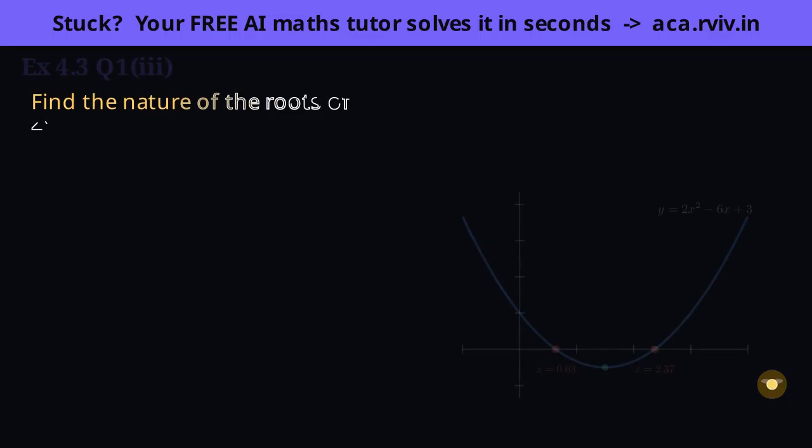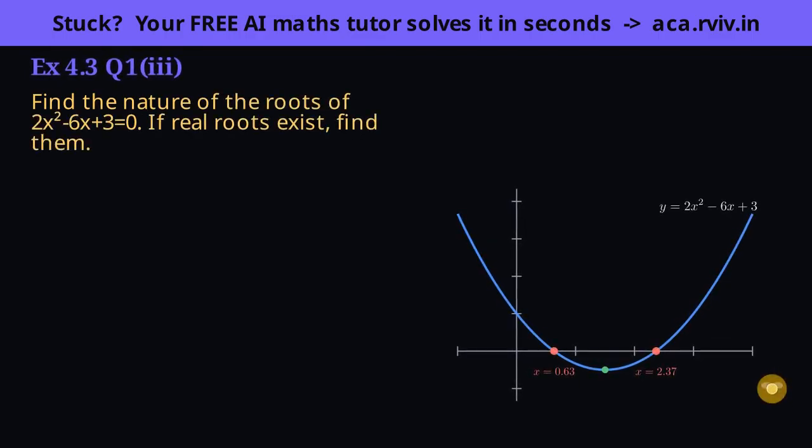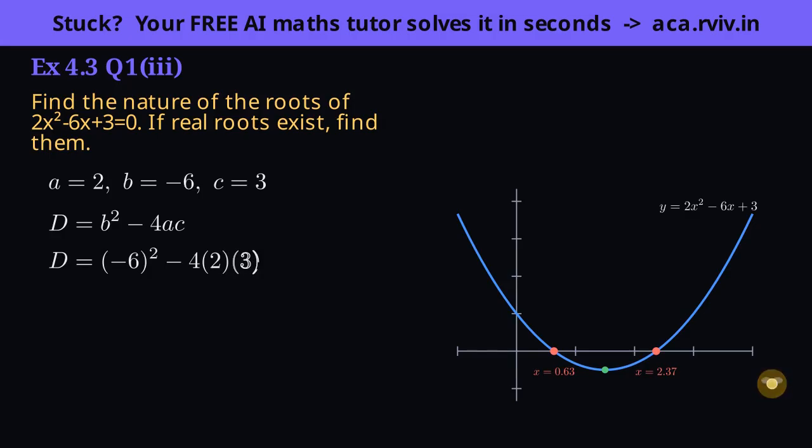A positive discriminant means two distinct real roots. The third case now, a positive discriminant. Read off: a is 2, b is minus 6, c is 3, then let the discriminant tell us what to expect. Write the formula D equals b squared minus 4ac. Substitute, bracketing b as minus 6 squared. Compute: minus 6 squared is 36, and 4 times 2 times 3 is 24. Simplify, 36 minus 24 is 12, a positive number.